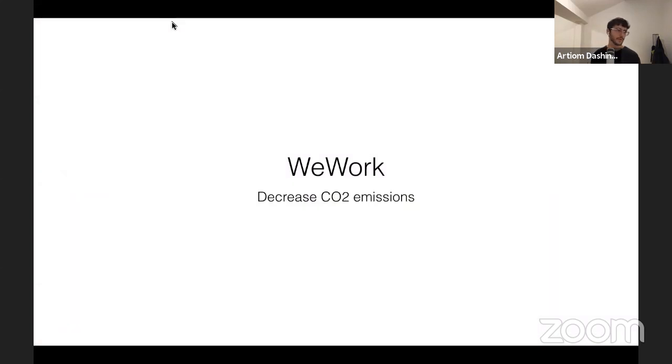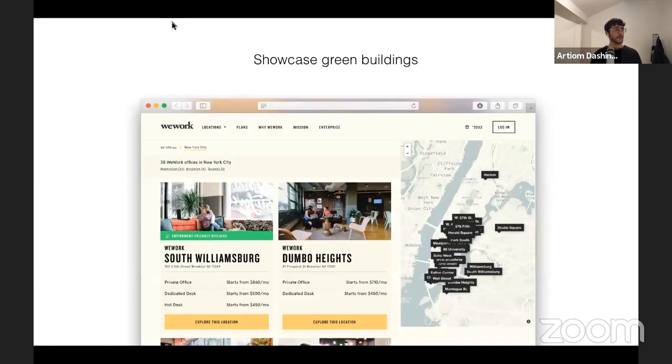So the next example is from WeWork and how they could decrease CO2 emissions. WeWork has about 500 buildings around the world, and buildings have a lot of impact on the environment, because of the resources they use: the electricity, the water, the heating.